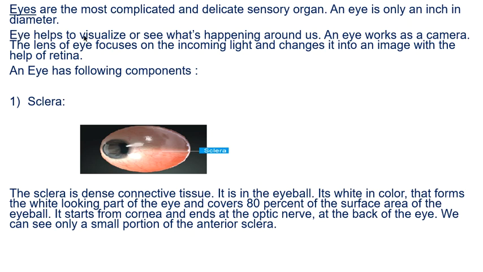Eye helps to visualize or see what's happening around us. True? We can see through our eyes what is happening all around us. An eye works as a camera. Right? How does the camera work? The light enters into the camera and the photo is clicked. Fine. So right here also the light enters into the eye and an image is formed and it is memorized